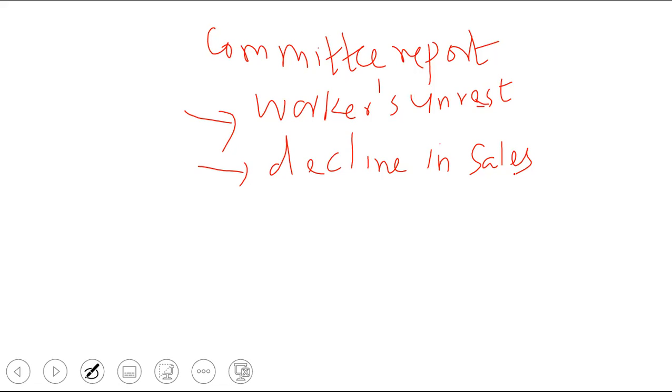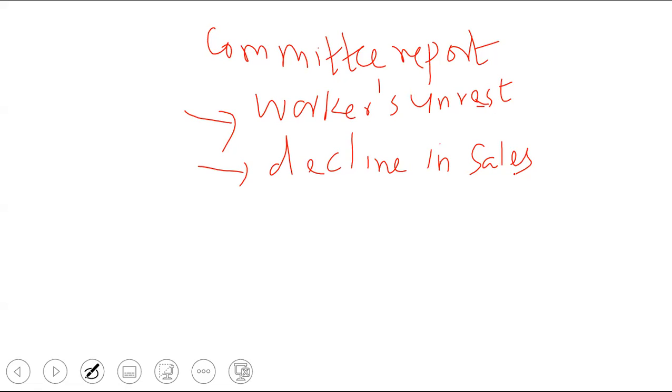Then the question starts. Mr. X, come and present your report. So Mr. X, who is representing Chembur, will go and submit, or he will be giving a PowerPoint presentation. In the month of January, what was the amount of sales? What was the target? Suppose that sales started decreasing. That is the matter of main discussion on that day. In the month of December, sales was, for example, 100. In the month of January, sales has become 75. The manager has to give the reason.